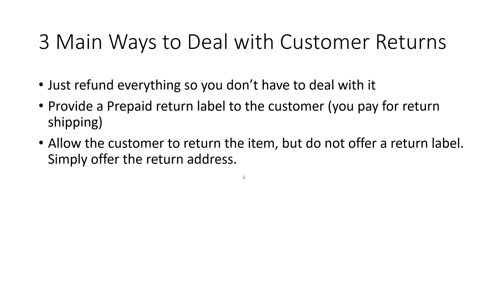So overall, just to get it out of the way, there's three main ways to deal with customer returns when you sell merchant fulfilled on Amazon, okay? Now, you can just refund an order so you don't have to deal with it, right? If you get a return or a customer that's unhappy, you can, and that's obviously going to protect you from bad feedback, A to Z claims, or anything like that, and just the overall hassle of dealing with a return. Or you could provide a prepaid return label to the customer, which means that you pay